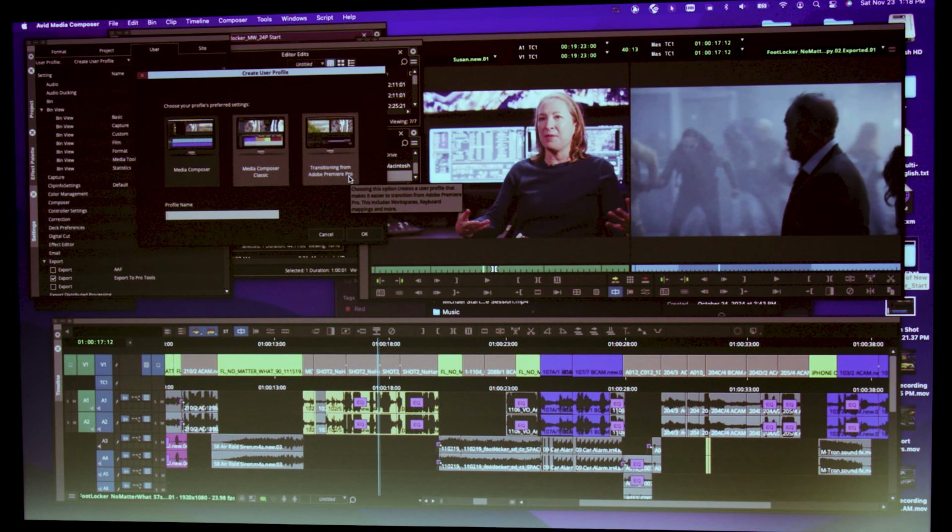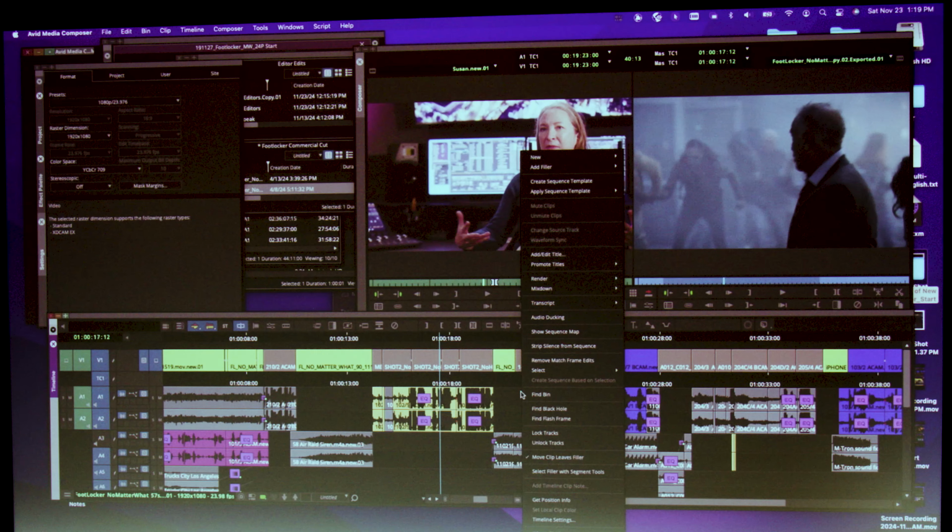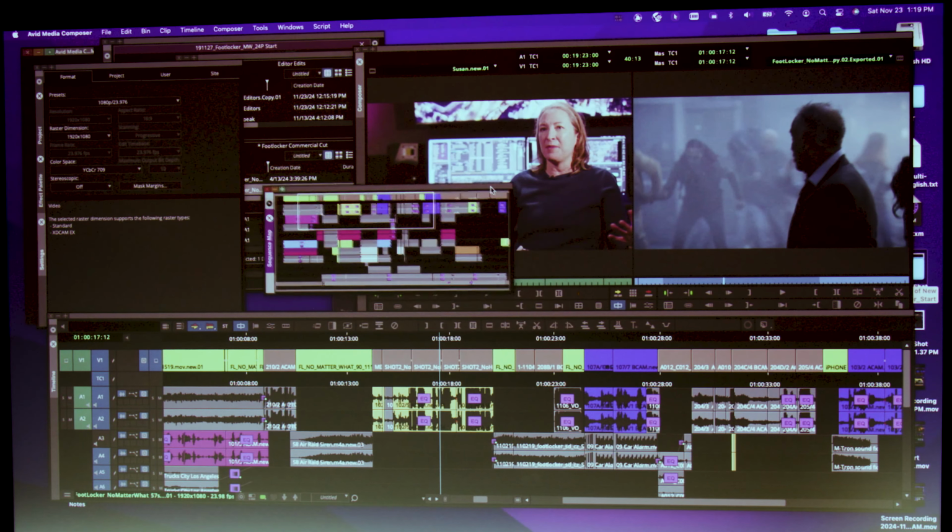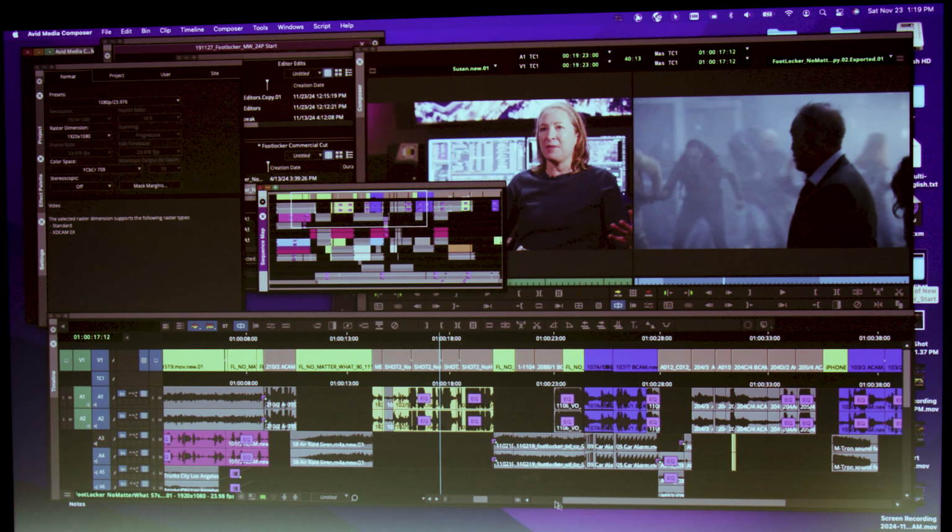Now, I am on a laptop. You could be on a 2-monitor setup like a lot of traditional editors are when they are in the edit bay. So you still have your bin monitor and your edit monitor, but I am compressed into a laptop right here. And some other things that I'd like to point out is when you are working with a timeline that might be a little large, like a feature film or television show, you can go in and turn on what's really cool, a sequence map. And the sequence map is basically a bird's eye view of your timeline. So if you're zoomed in, you can actually navigate around